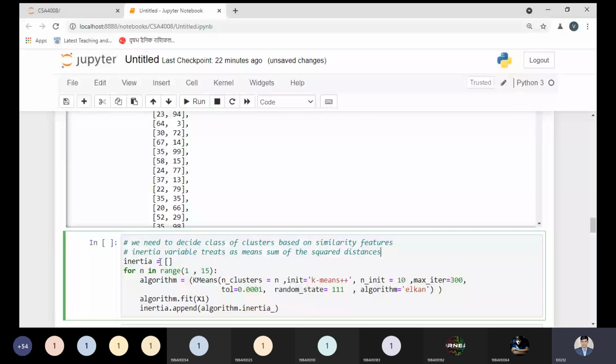So without obtaining this information, without managing the inertia, we cannot easily determine the centroid. That is the point you have to keep in mind. If you remember the numerical part, we used everything by the mean, and this is the variable which is required to follow each and everything properly.